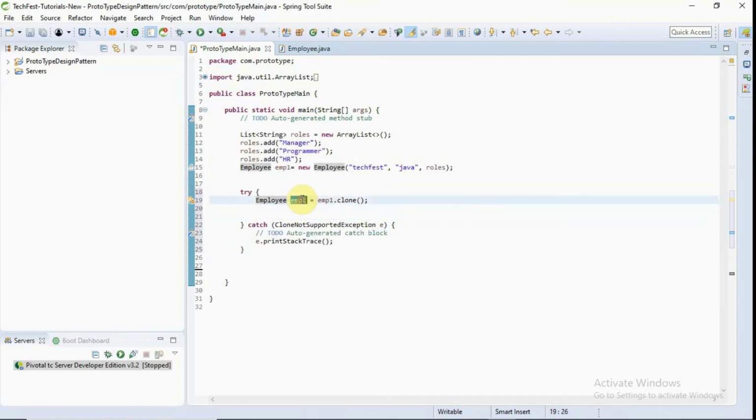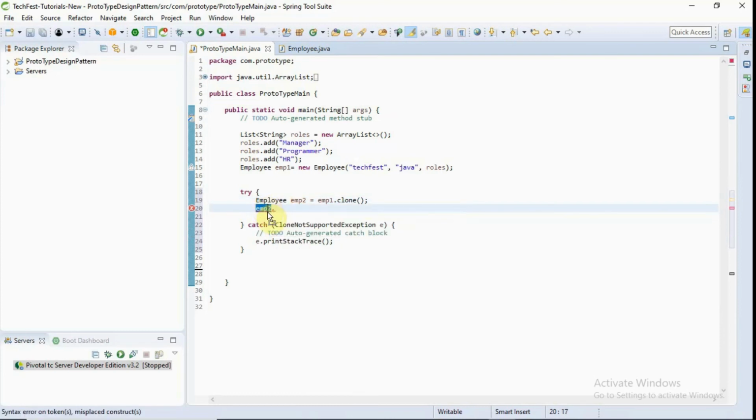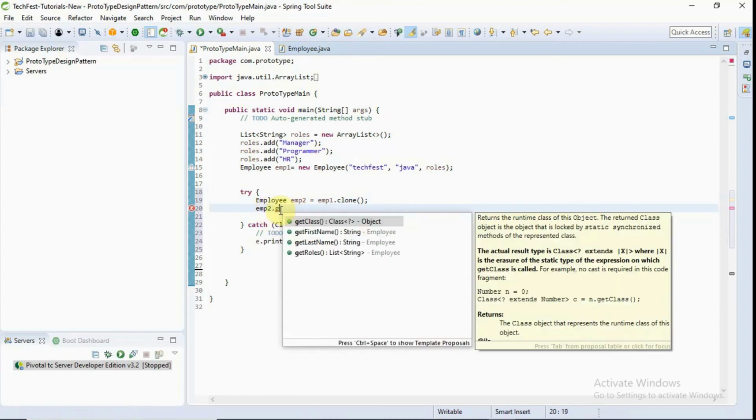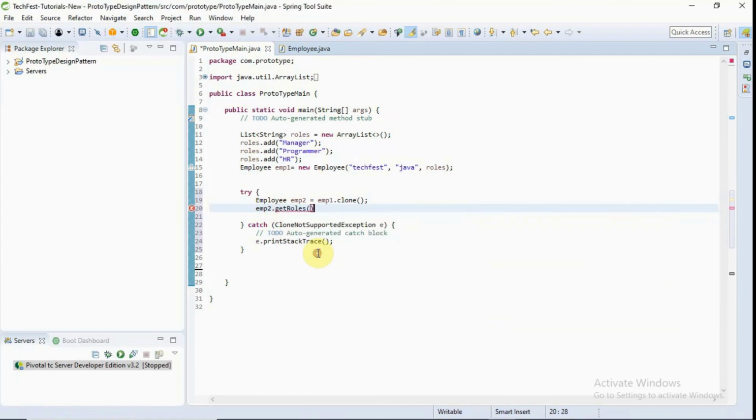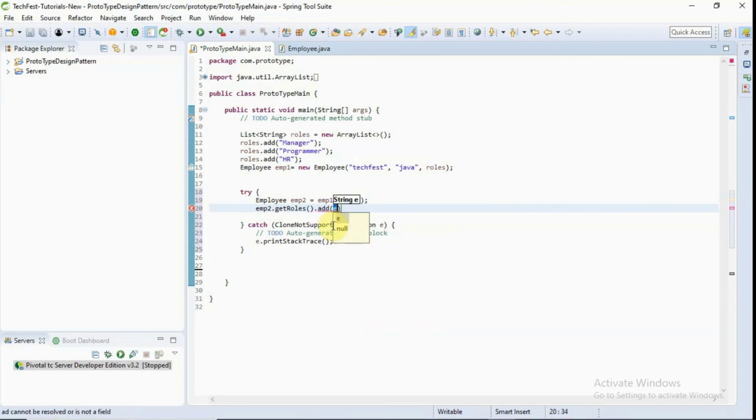Now we can get the roles list, right? And if we add any other role here, in our original object we have added 3 roles, right? Manager, programmer and HR. Now in this we are going to add one more role called tester.